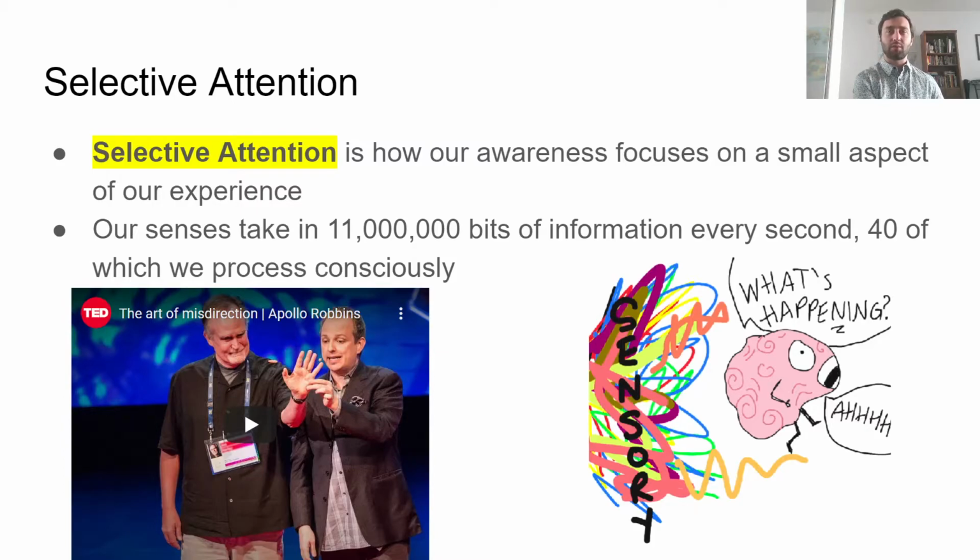In one of the classes, and I can't remember which one it was, somebody asked about the idea of the movie Limitless, where we're unlocking all of our brains. One of the things that's really important is that if we were able to consciously apply our brain to everything, it would actually be horrible. And this is why, right? If you had to consciously think about 11 million pieces of information every single second, it would entirely overwhelm you. You wouldn't be able to do anything because you would just be bombarded with information all the time. So it's actually a very useful trait.